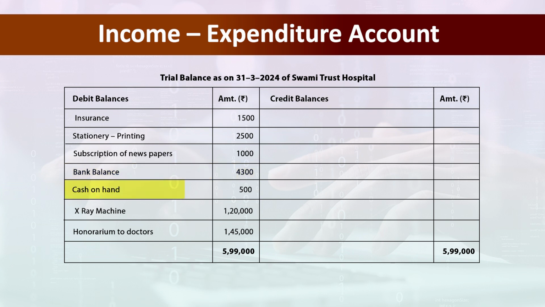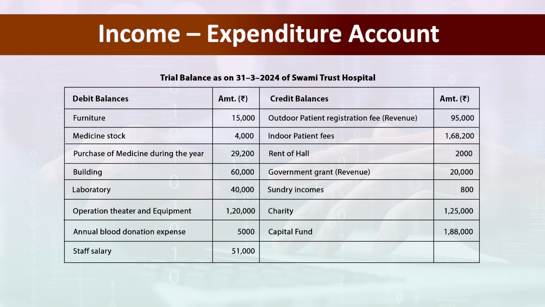4,300, cash on hand of rupees 500, X-ray machine of rupees 1,20,000, honorarium to doctors of rupees 1,45,000. Moving to the credit balances, the first is outdoor patient registration fees, which is a revenue of rupees 95,000,